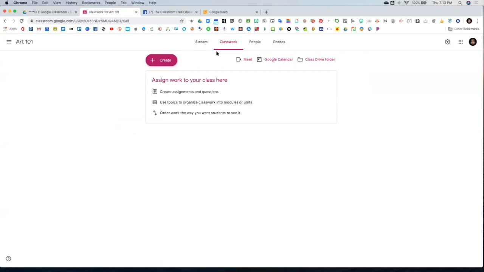This is where you want to put the most organization in at the very beginning of setting up your class. And now that we're midway in our distance learning process, you may want to go in and start to organize things, because I remember when our students were very first getting onto Google Classroom, a lot of them were overwhelmed because teachers were just posting, uploading the work and the assignments and not necessarily setting due dates or anything like that. So when a student logged on, they were bombarded with this long list of work